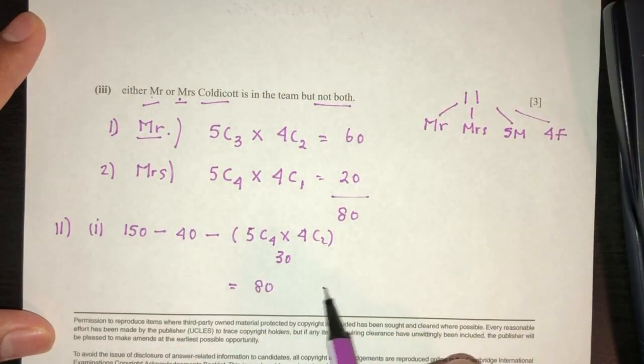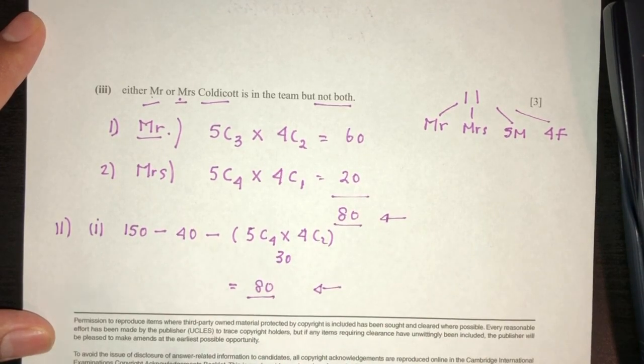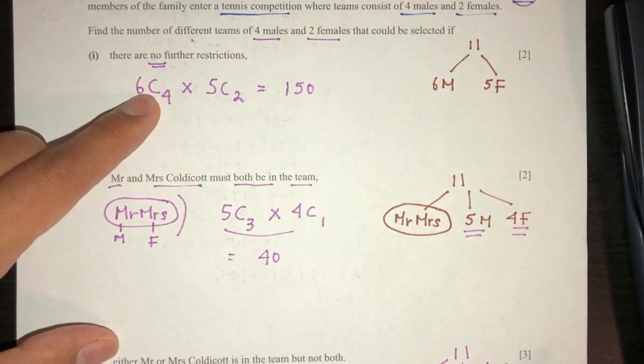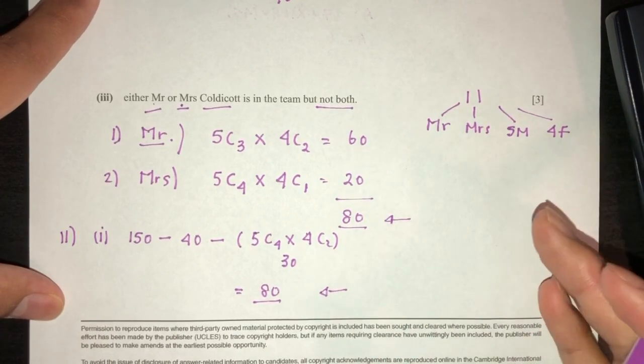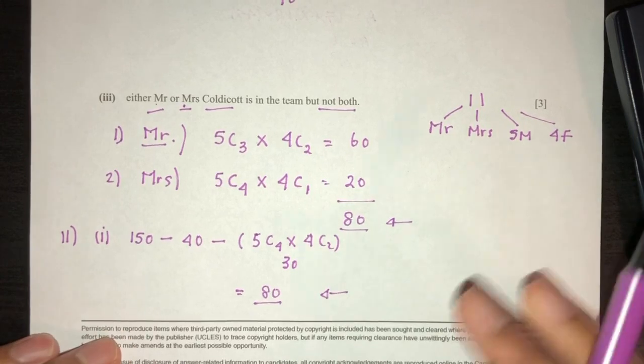So you have two ways of doing the question, and you will have the same answer, which is 80. Case by case, or I will just do the total number of ways minus when they are both in the team and minus when they are both not in the team, so we'll remain with either of them in the team. So that was the last question of this paper,